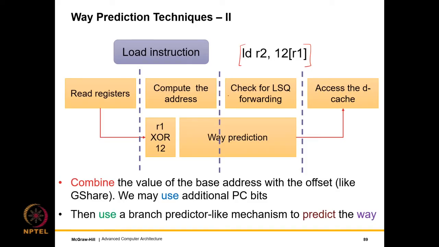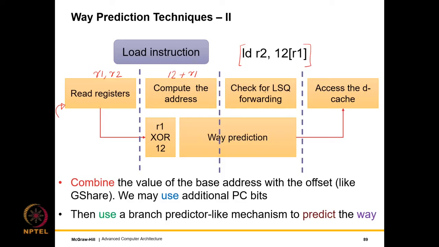What we can do is divide this into 4 stages. Let me first look at the stages of the regular pipeline, and then I will talk about the additional stages. So one stage is where we read the registers. In this case, we read the registers R1 and R2. These are the source registers, we read them. Then in the next stage, we compute the address. So in this case, we add 12 to the contents of R1. Now we have the memory address with us.